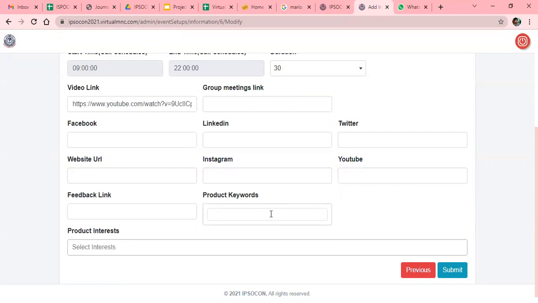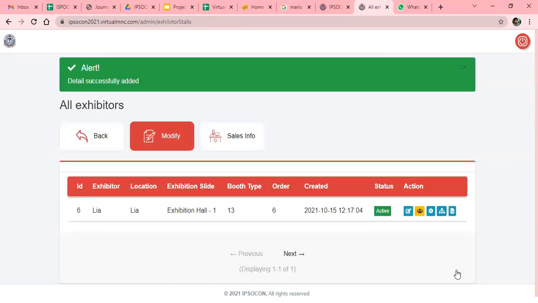So you can give the name of your product keys, and then you need to submit it. When you submit it, you'll find details successfully added.